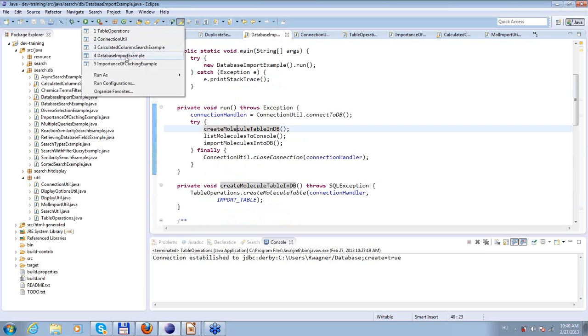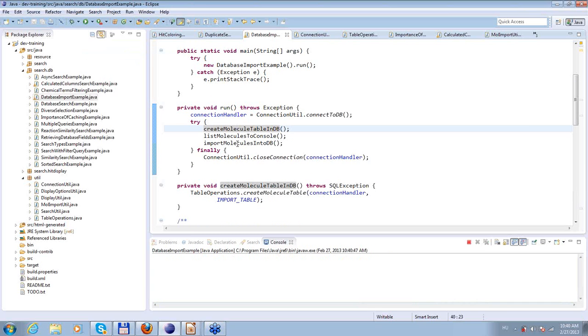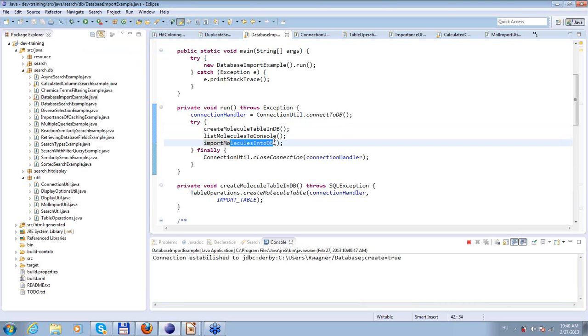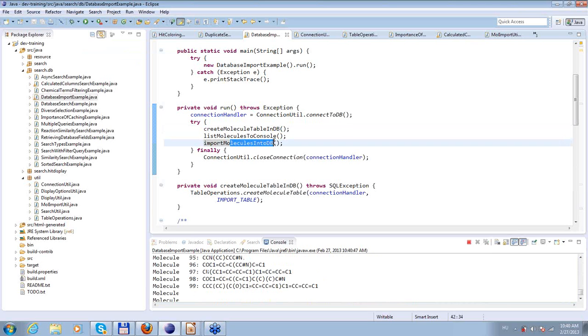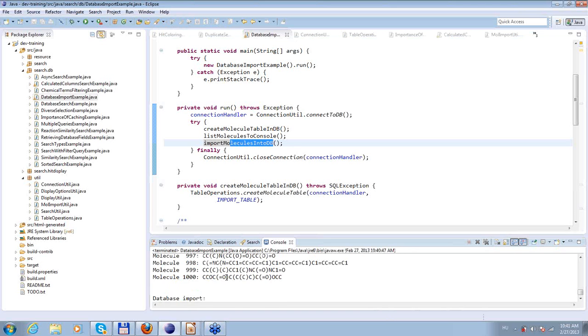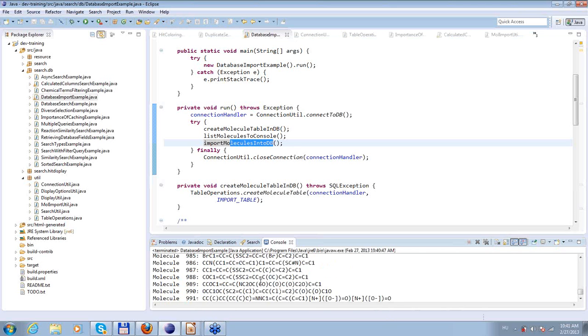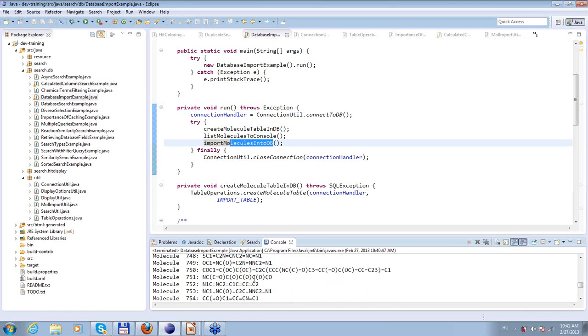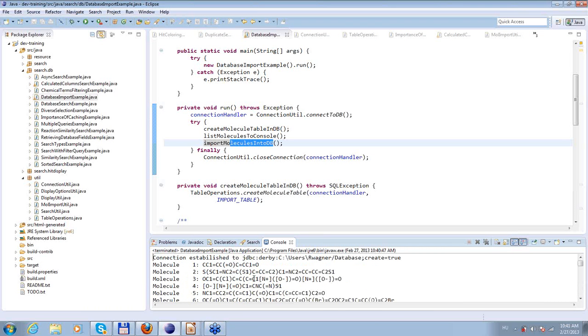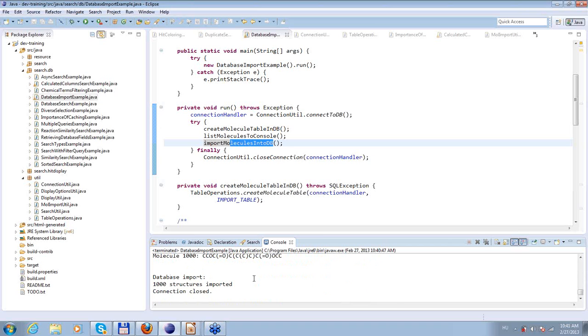So first it creates the table, then it lists the molecules to console, and after that it imports the molecules to the database. Now the listing and the database import, we can see that all the 1,000 structures are imported, and here above it these 1,000 structures are listed, and at the very top we can see that the connection was established. Okay,